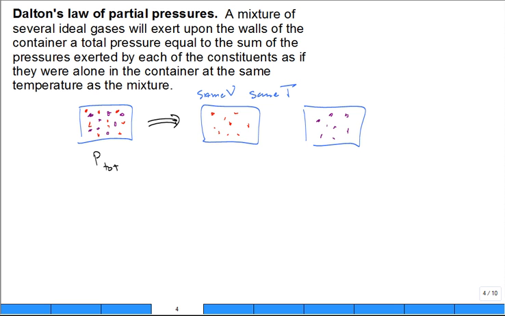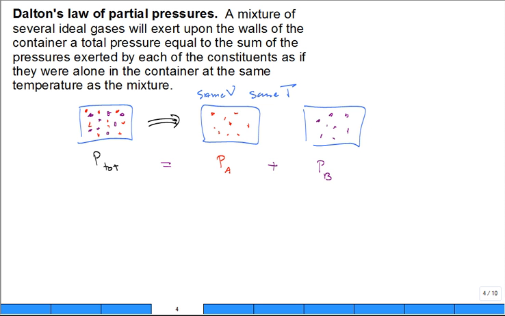And you'll find that this pressure is less than the total, and that this pressure is less than the total. But when you add them up, they equal the total pressure. That's the concept of Dalton's law of partial pressures. How many people are familiar with Dalton's law of partial pressures? So what you can do is you can maybe step through it a little